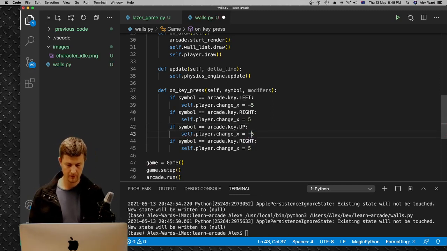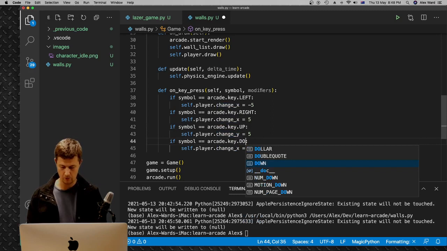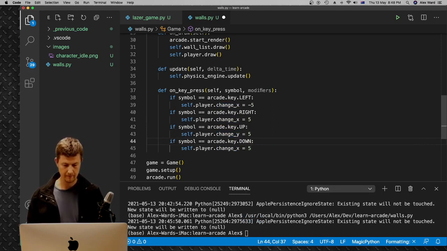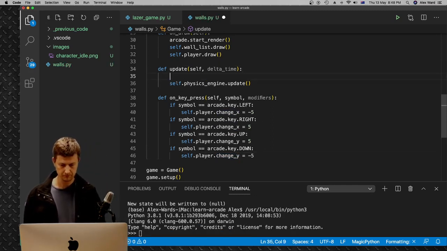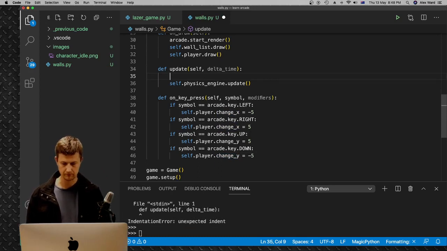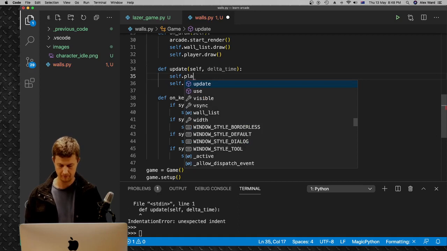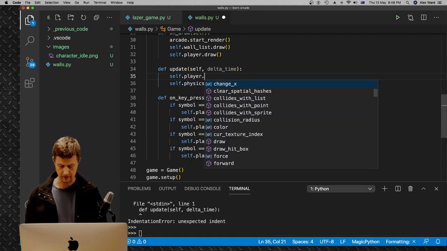Up goes change_y, goes 5, and down change_y goes -5. Okay, we also need to self.player.update,